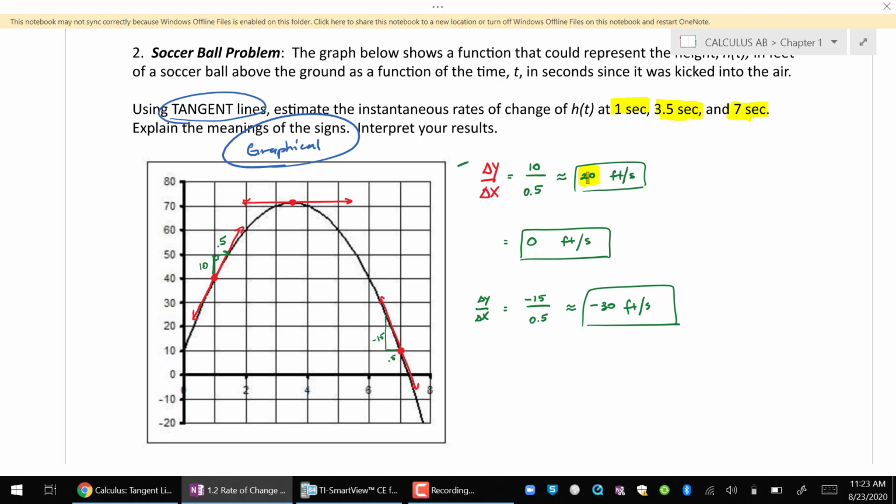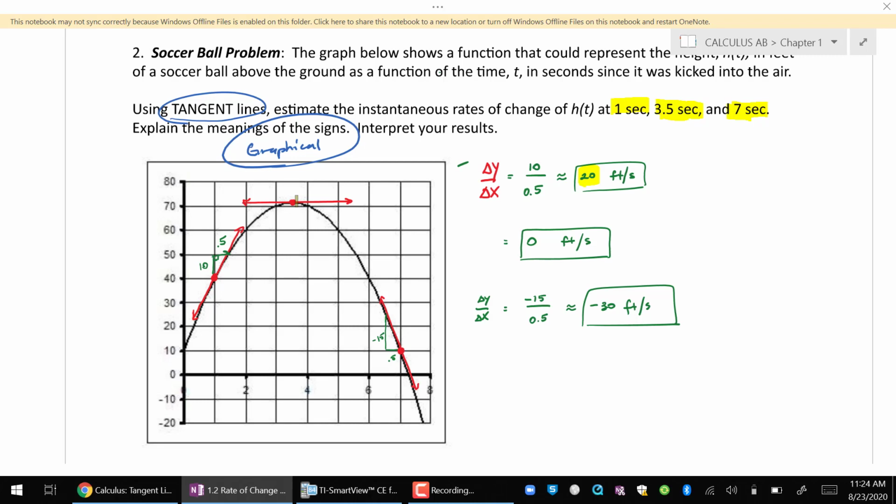And that's okay. We're just approximating with these tangent lines, maybe with a ruler and a pencil. Nothing really exact or precise here. But I do want to have a positive value. It's clearly increasing at time 1 second. At time 3.5 seconds, it looks like I'm exactly at the vertex of this quadratic function. So I put a level horizontal tangent line, and that line has a slope of 0. So I would say that the instantaneous rate of change of the soccer ball here is 0 feet per second